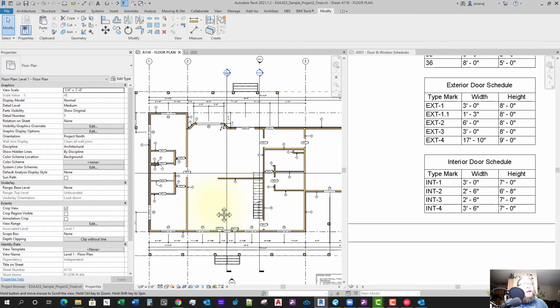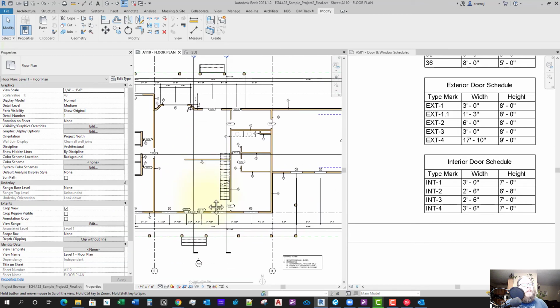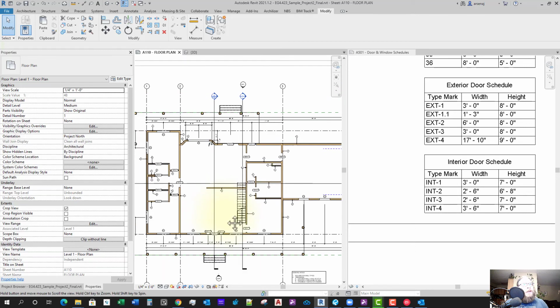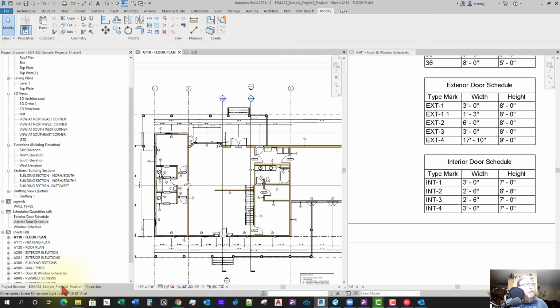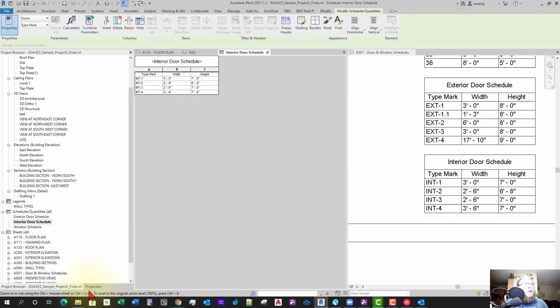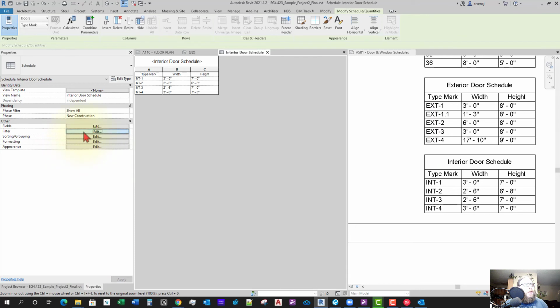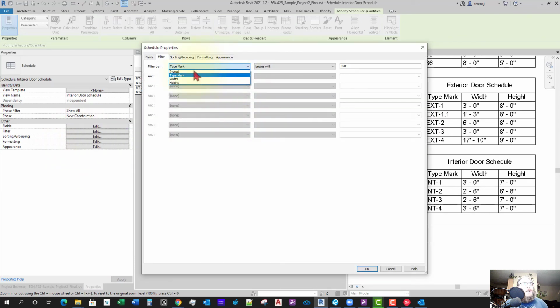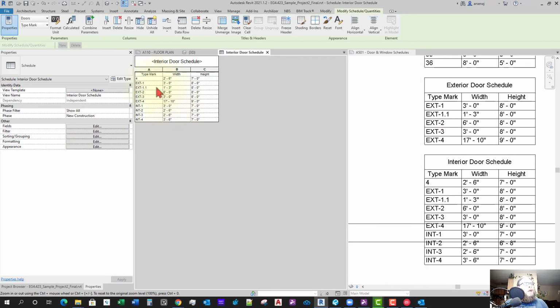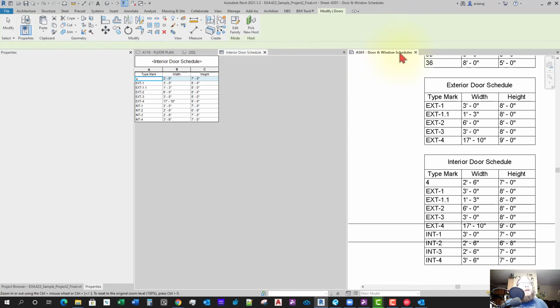So what else here? Looking at that schedule, it seemed like there was another one on there. I'm going to create another door window, or let's just open this interior door schedule. I'm going to filter. I'm just going to take that off. And so we've got this 4 that I don't see accounted for anywhere. I don't see it on the floor plans. So I'm going to